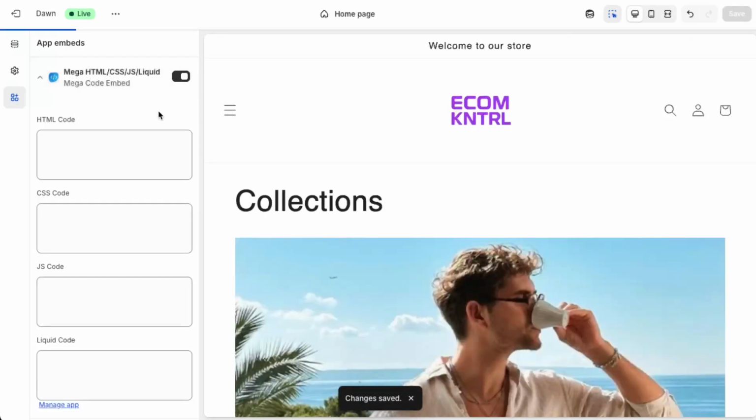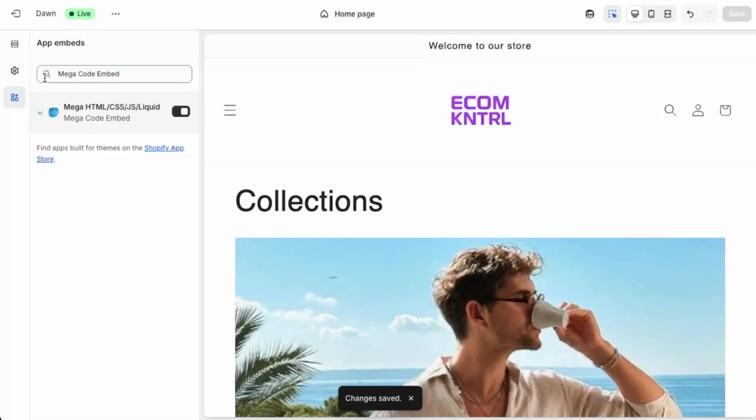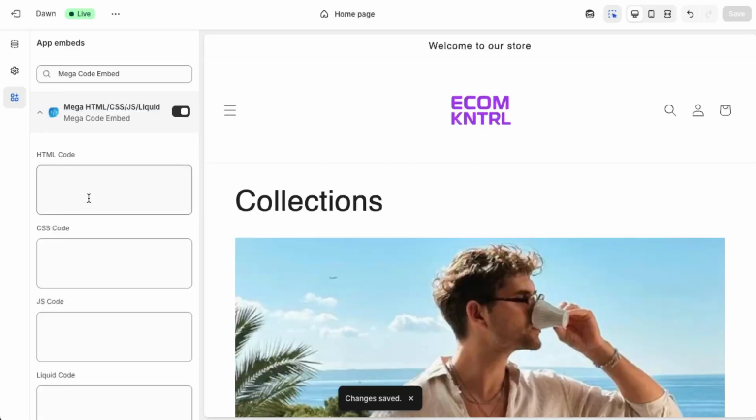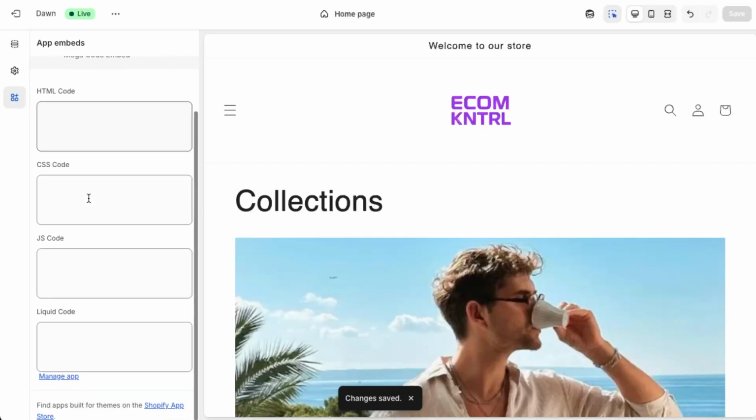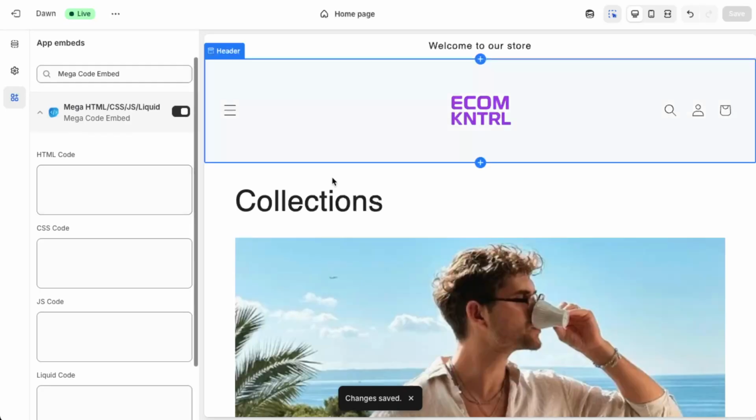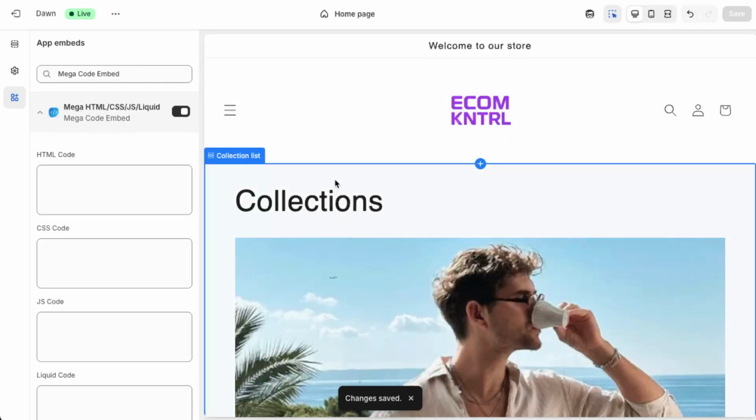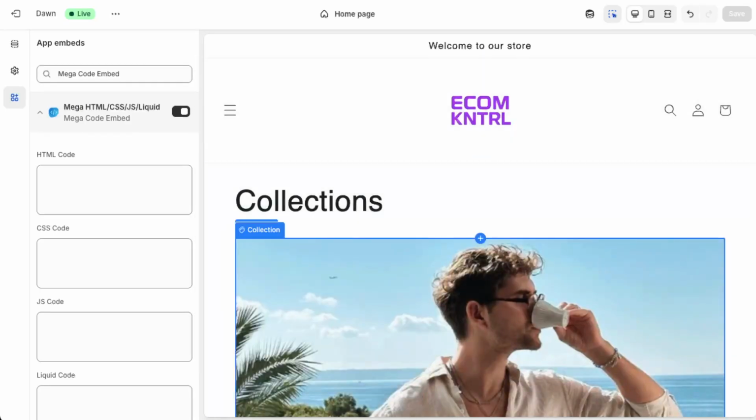If you ever need to adjust or disable your code, return to the same fields to edit or clear them, and save again. For safety, keep a backup of your code outside Shopify and make small, incremental changes so it's easy to trace issues. That's it. Your custom HTML, CSS, and JavaScript are now powering your